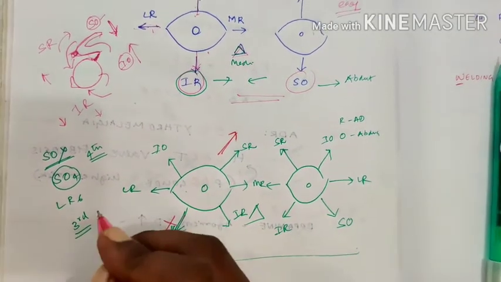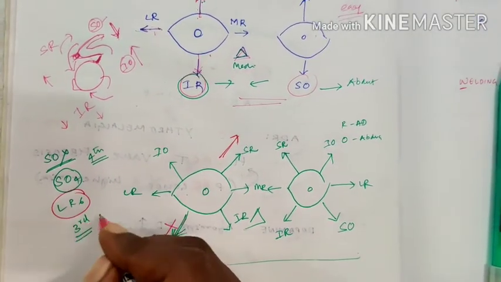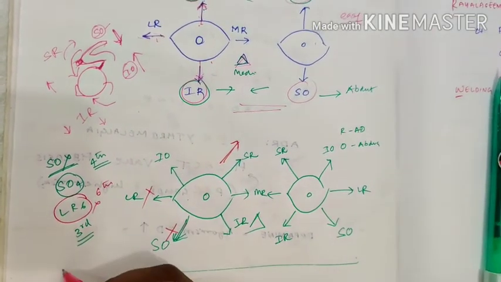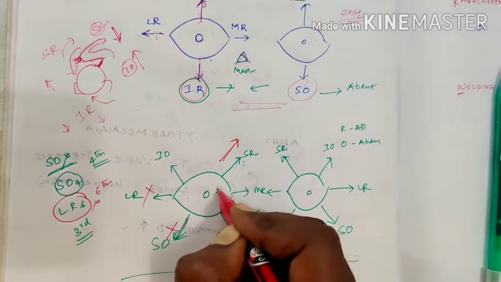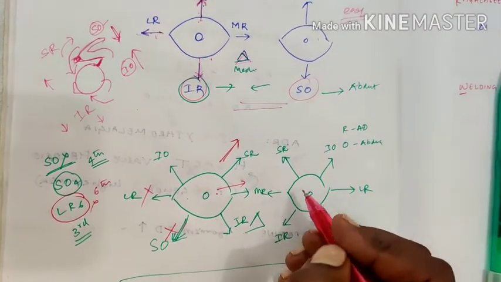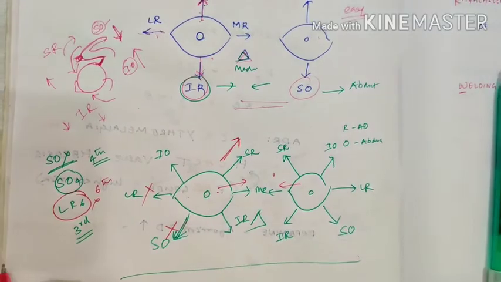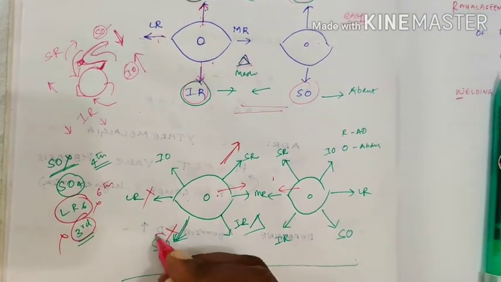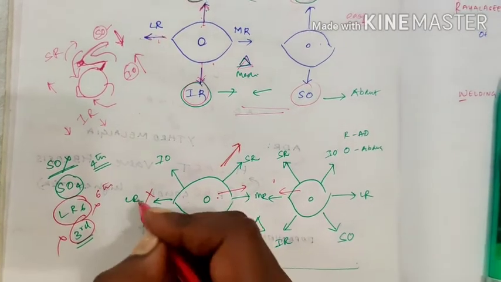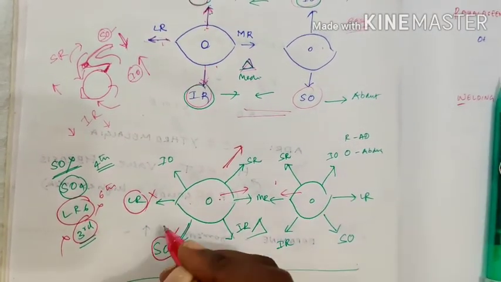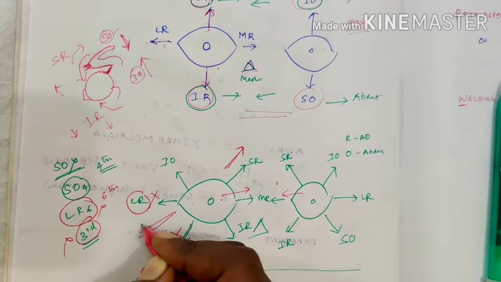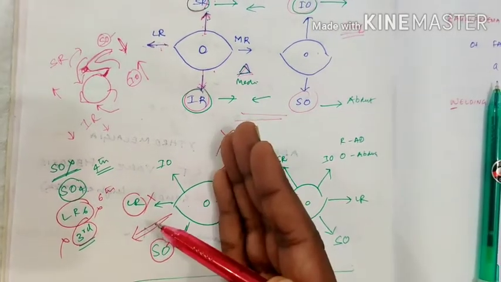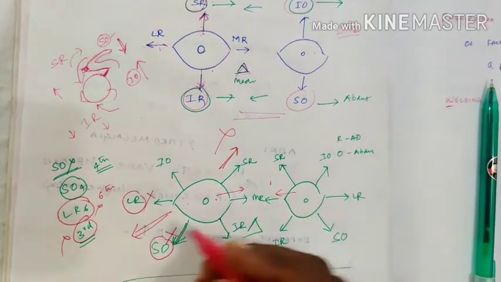Now LR6, right? Lateral rectus. Sixth nerve is gone. Lateral rectus doesn't work. I will be moving inward like this. If the third nerve is gone, only superior oblique and lateral rectus work. Then the main movement will be this side. Remaining all muscles don't work. I will be outward and downward. That's it.